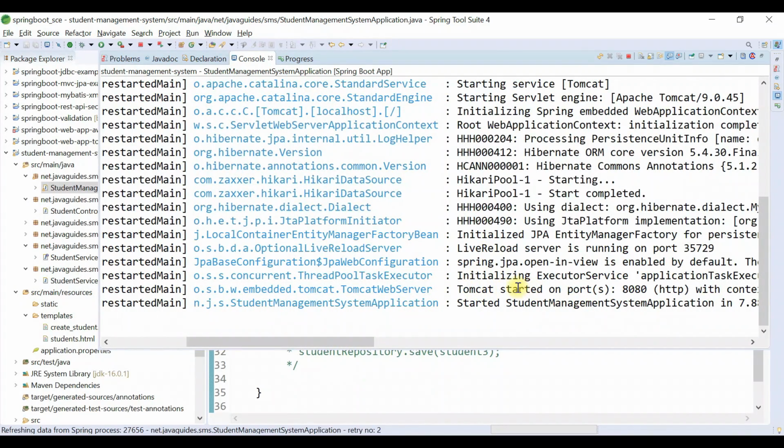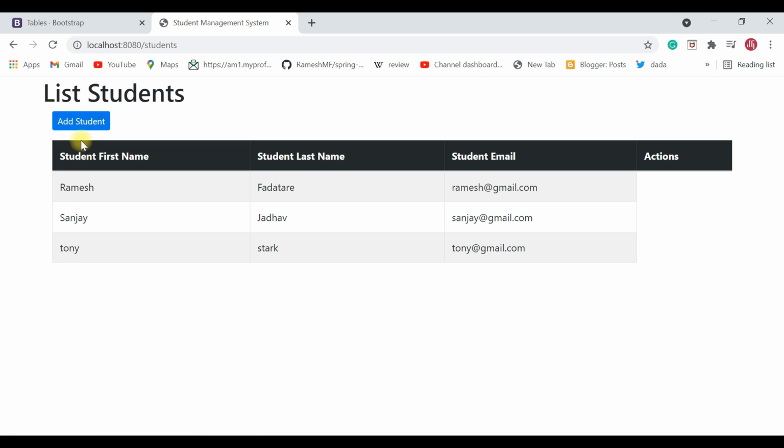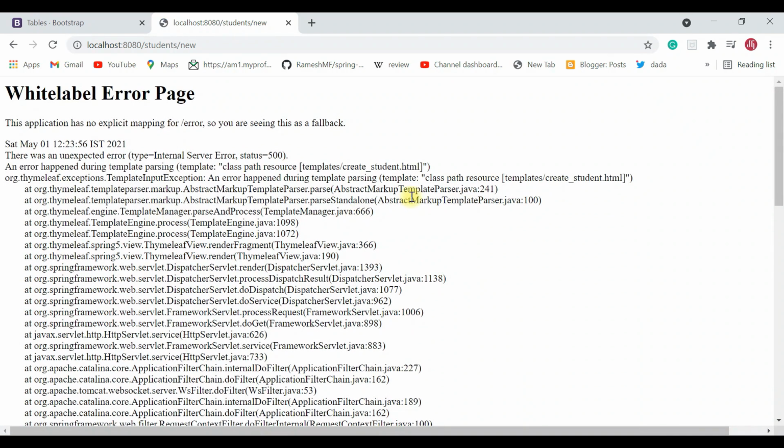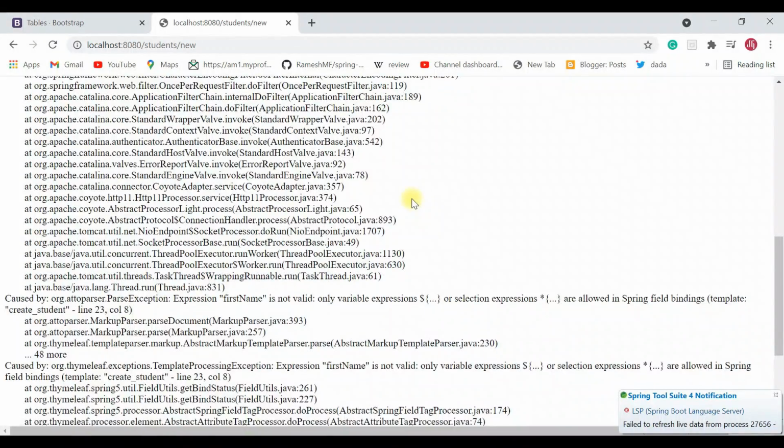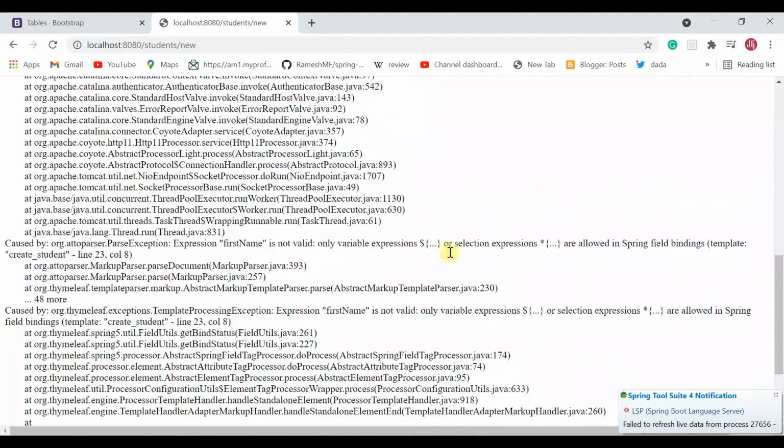Perfect, our Spring Boot application is up and running. Let's head over to Chrome browser and let's refresh, and there we go. Add student button looks good, so just click on add student, and I think there is a small issue. Let me see what is the issue.